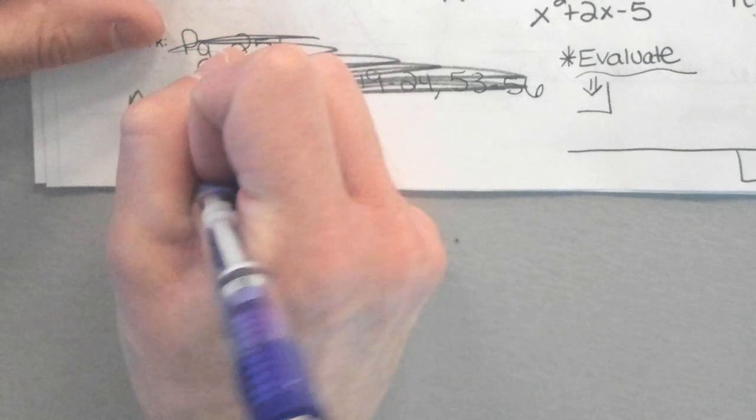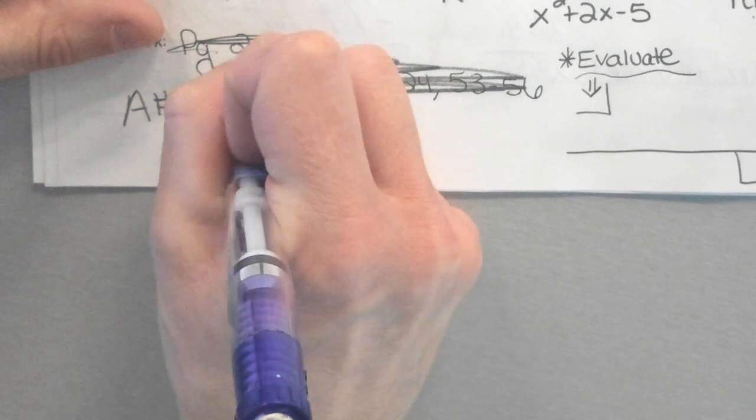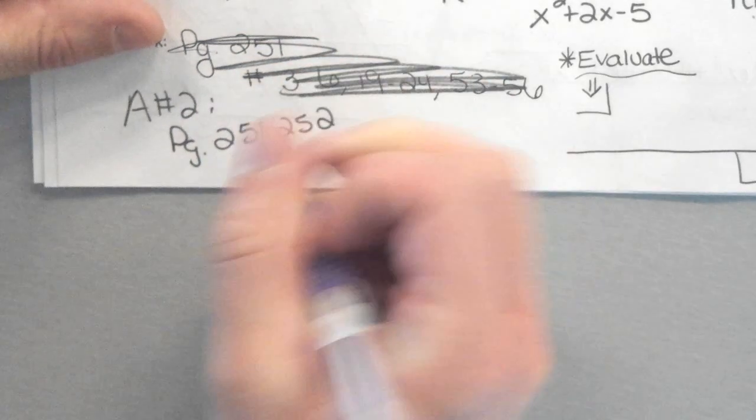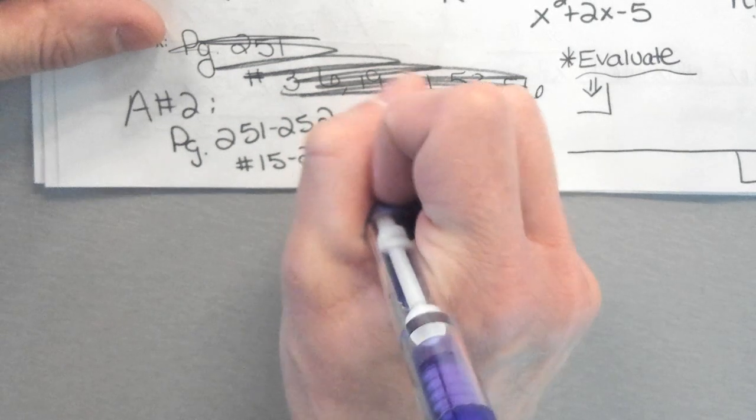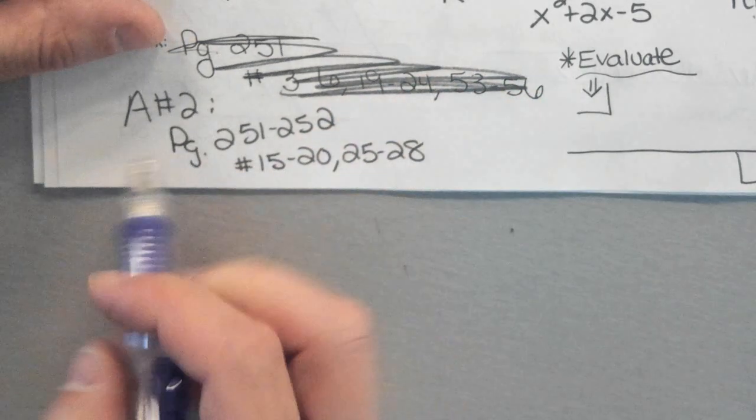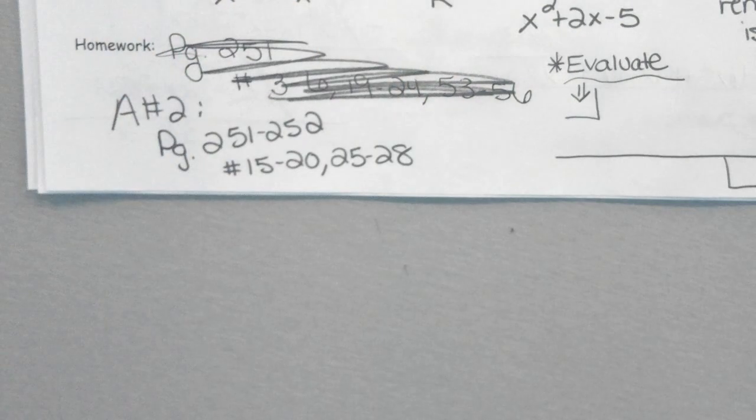Assignment 2, page 251 to 252, numbers 15 to 20, 25 to 28. You have to use long division when it says long division. Here's the good news. On the quiz and on the test, it'll say method of your choice. Am I going to make you practice both so you can have a good idea of what you like best? Yes. But on a quiz or a test, you can pick your own method. Does that make sense? So where it really counts